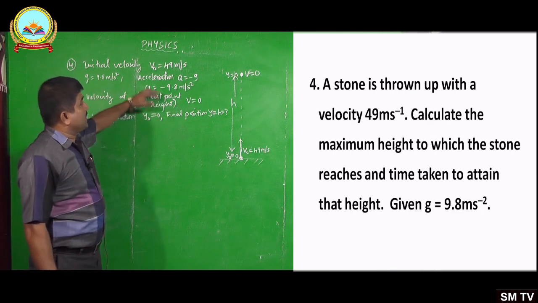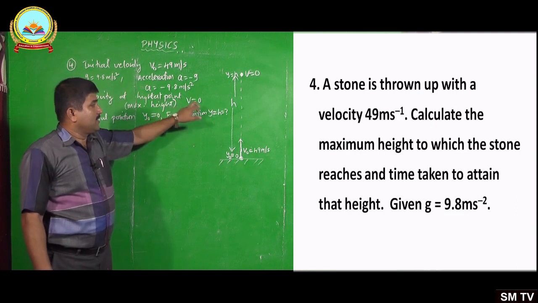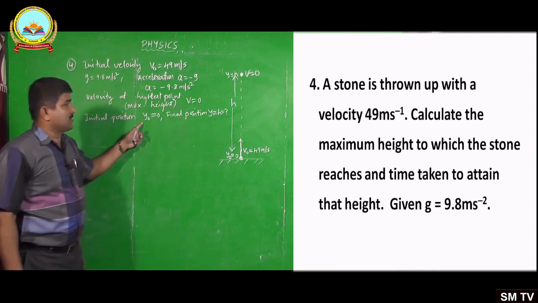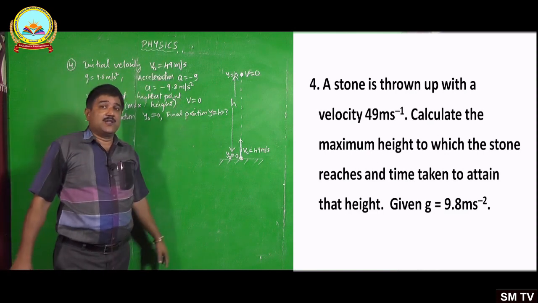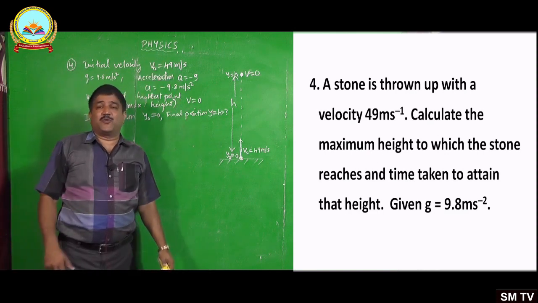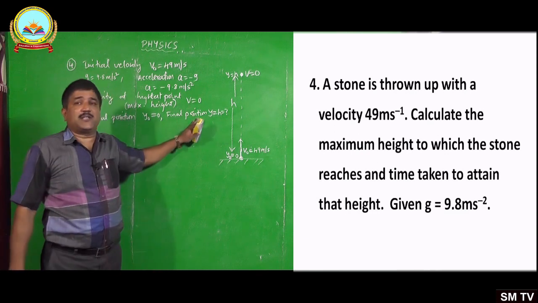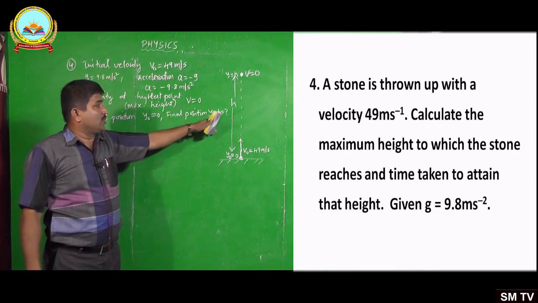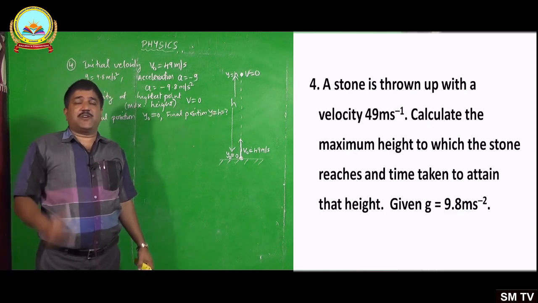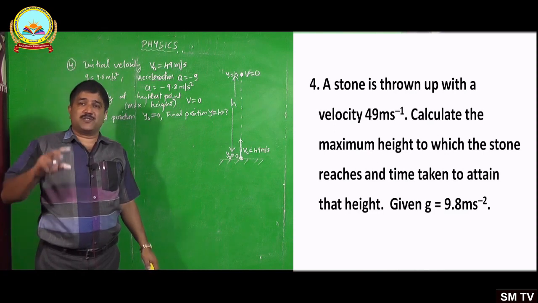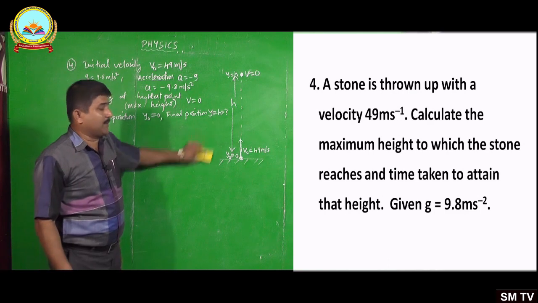Now here you see the data given: v naught, acceleration, v, and h, y naught. Connecting these, there is no time in this calculation. In the first and second equations of motion, we have seen there is a time term. We don't know the time, we have to find out the time. So we don't know time and we don't know y, which means we cannot use the first or second equation. So you have to use the last, third equation of motion for vertical motion of the particle.